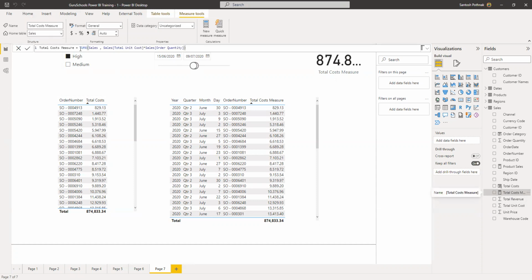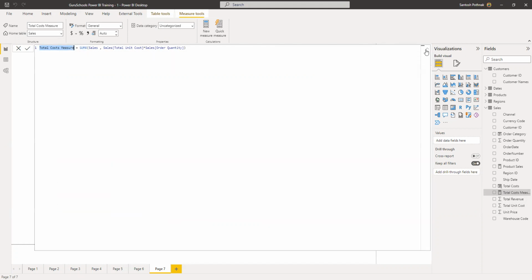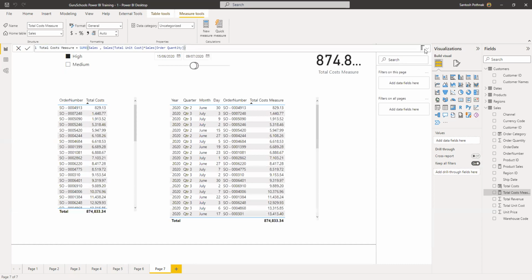So what we do is first we write some name of the measure. Here, as you can see in the formula bar, this is called the formula bar. You can actually expand this by clicking on this V button, so that when you end up writing big, like 5-6 lines of code, it is useful. Once it is done, you can minimize it like this. Then you have to give your name, whatever you are planning to name the measure, and then you write